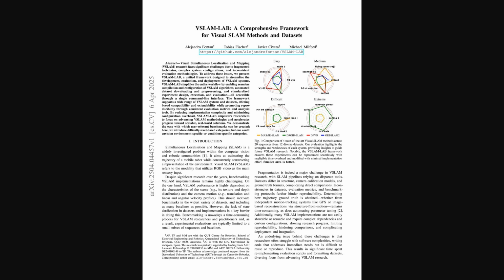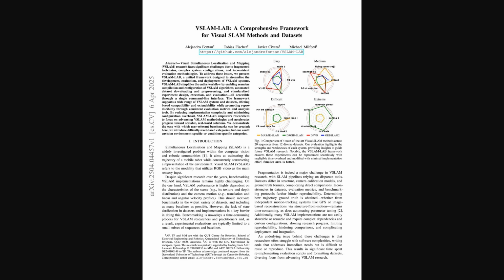Today, we're looking at a paper called VSLAM-LAB, a comprehensive framework for visual SLAM methods and datasets. Visual SLAM research, which is about mapping and localization using visual input, often faces challenges like scattered tools and inconsistent testing. This paper introduces VSLAM-LAB, a new unified framework. Its goal is to really streamline how researchers develop, test, and deploy these VSLAM systems, making the whole process simpler